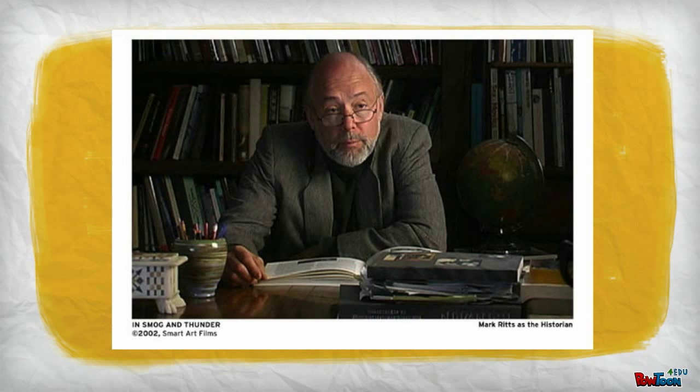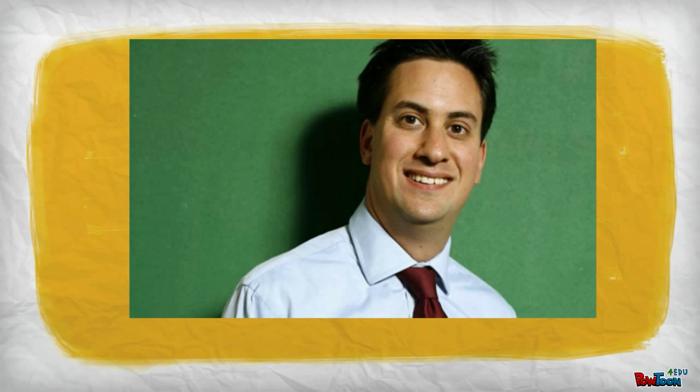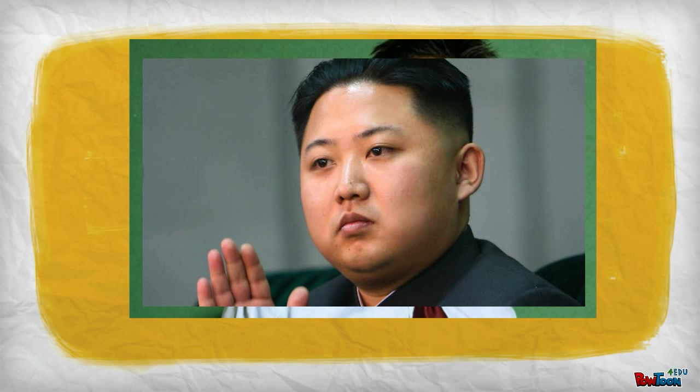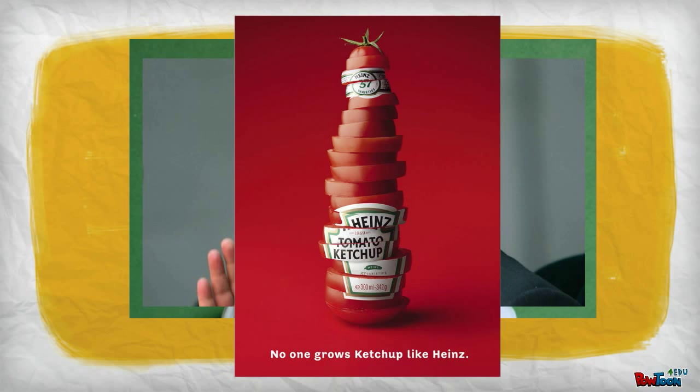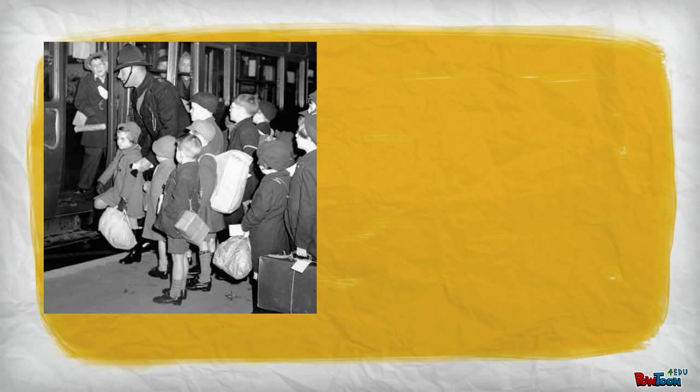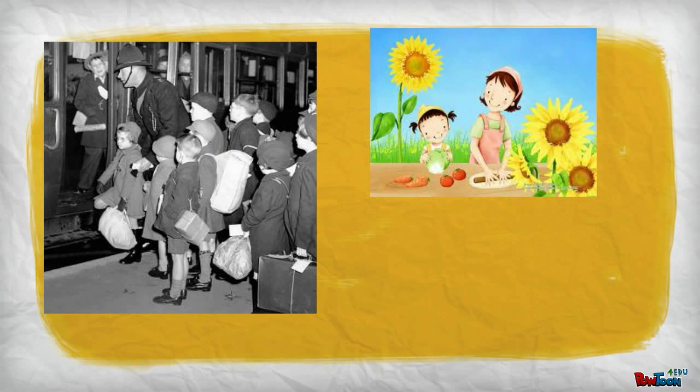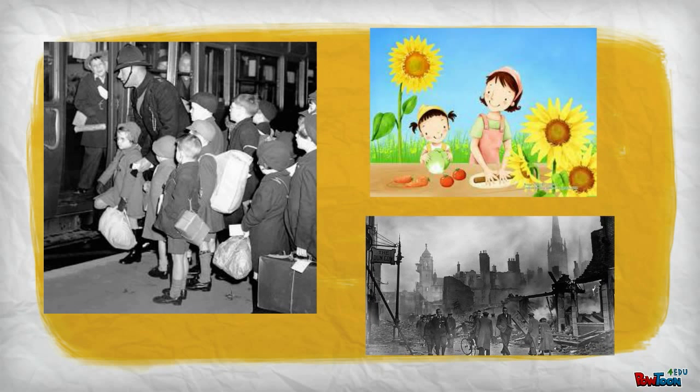A historian is likely to have credibility. A party in opposition may be likely to exaggerate the problems with governmental policy. A dictator may want to indoctrinate its people with certain viewpoints, whilst a company may highlight certain benefits in order to sell their products. This photograph was very likely to have been published to convince mothers to evacuate their children and not to keep them in the cities,